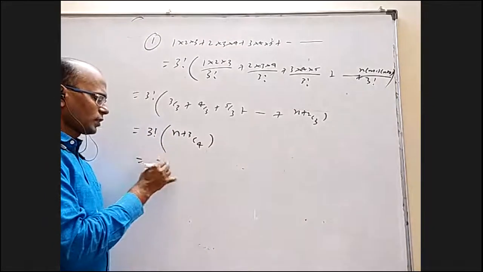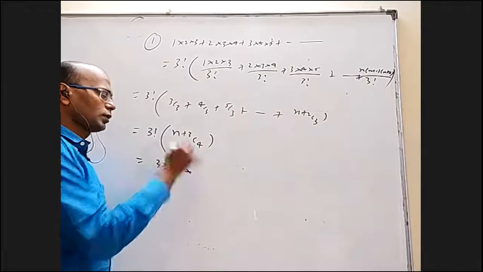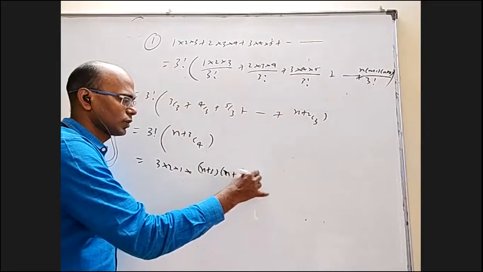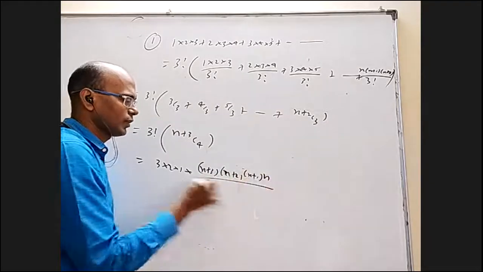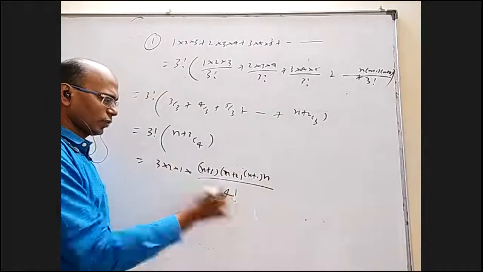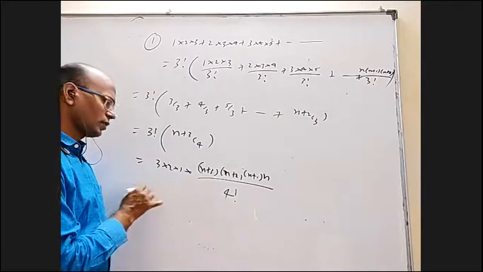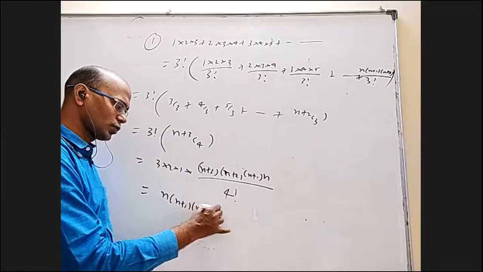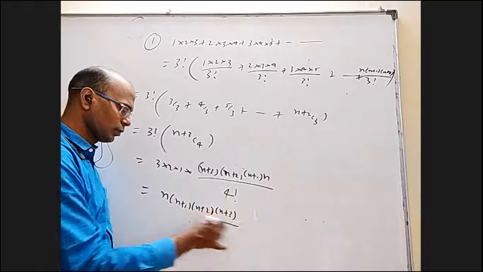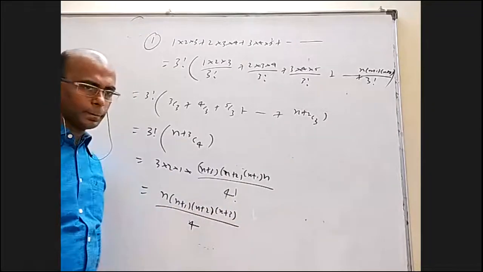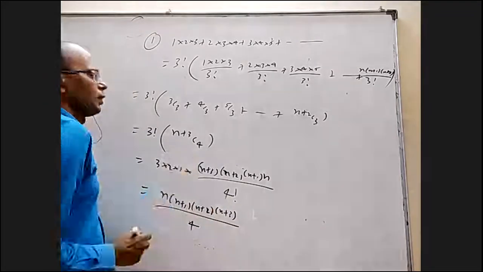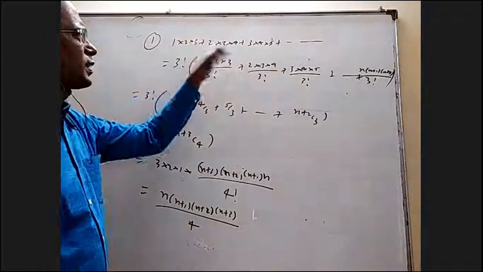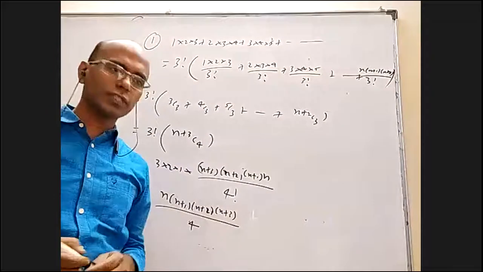Now, if you open it up, this is 3 into 2 into 1 in the denominator, and in the numerator n plus 3 into n plus 2 into n plus 1 into n, over 4 factorial. Cancel 3 factorial, and 4 will be left. So n into n plus 1 into n plus 2 into n plus 3 by 4 is the answer. How is this n plus 3 C4? And in general, when numbers are in AP, what is the other method? That we'll see tomorrow.